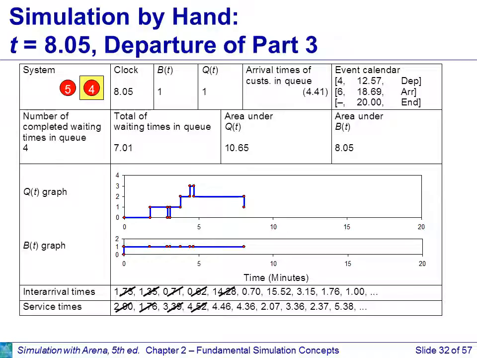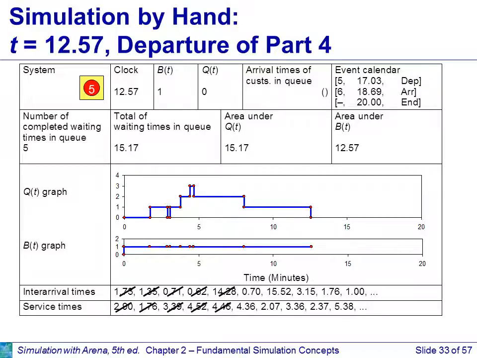So again, right after updating this, the next event is the departure of part 4, and that's when part 5 seizes it. So notice here, right before the queue was 1, now we change the queue to 0. BT is still 1 because it's busy, and we also can calculate the time when part 5 departs. We change the number of complete waiting times in the queue, the total waiting times in the queue, the area under the curve, and the area under BT. And so the next event, as you can see, is the departure of part 5, which is at